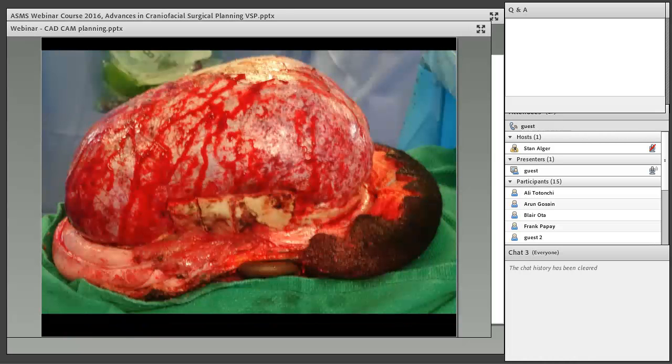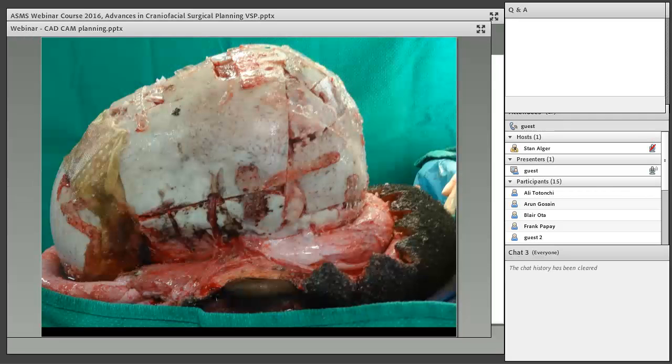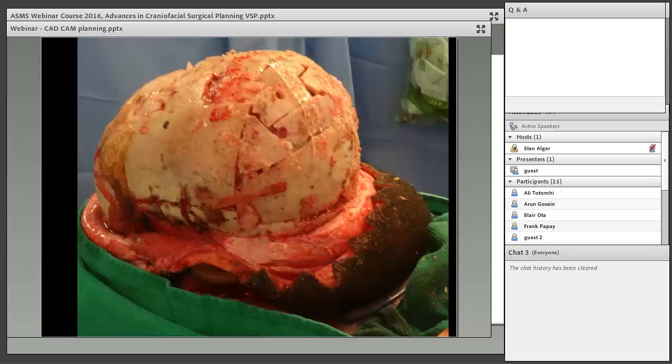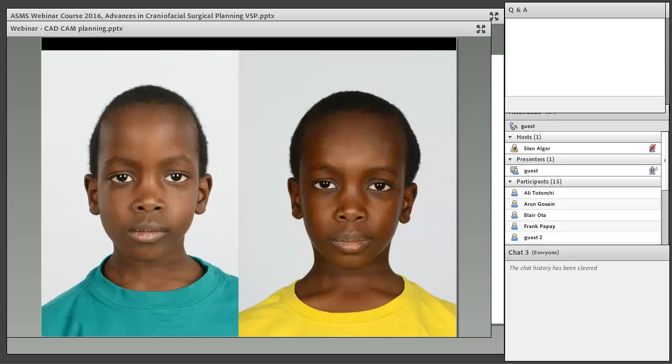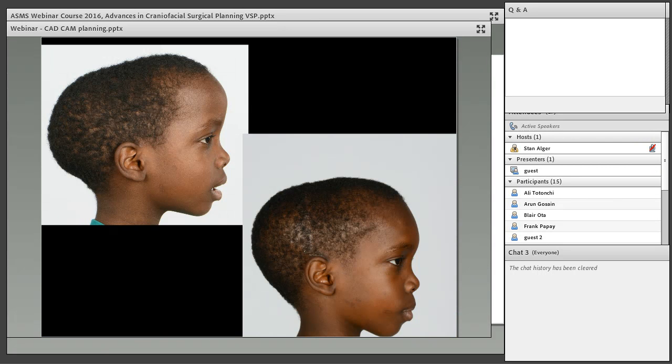This is after doing a total cranial vault remodeling, removing the entire cranium and placing it back in a normal total cranial vault remodeling surgery. And he's 6 years old, so we had to fill all the gaps. And this is his post-op results, which the mother was quite satisfied with. And as I said, when I planned it, I planned it very conservatively, and she still wanted to go ahead